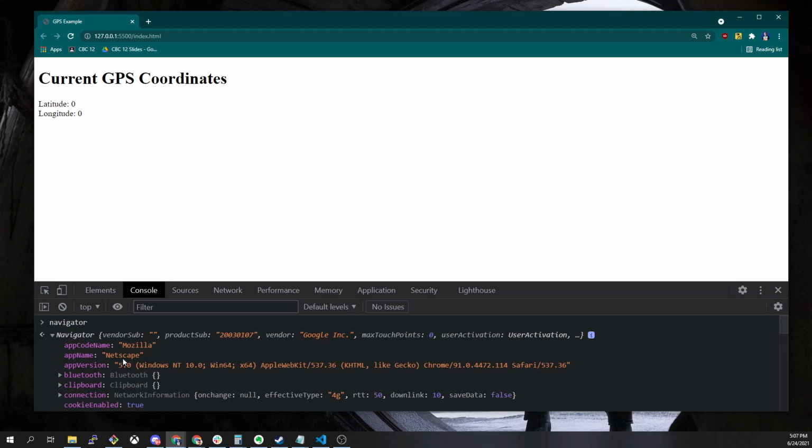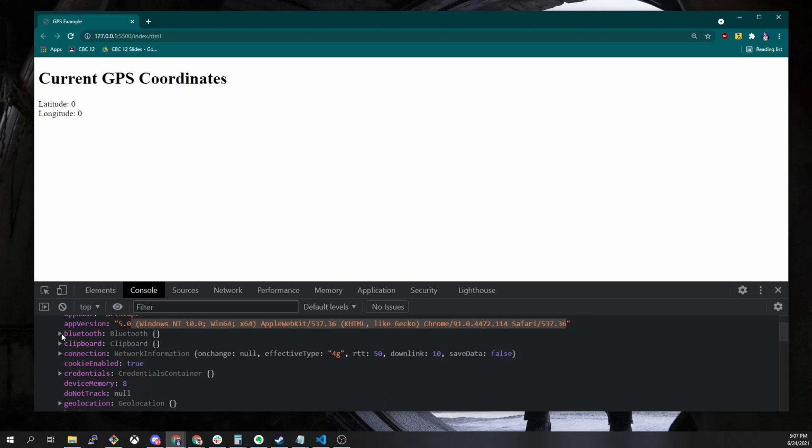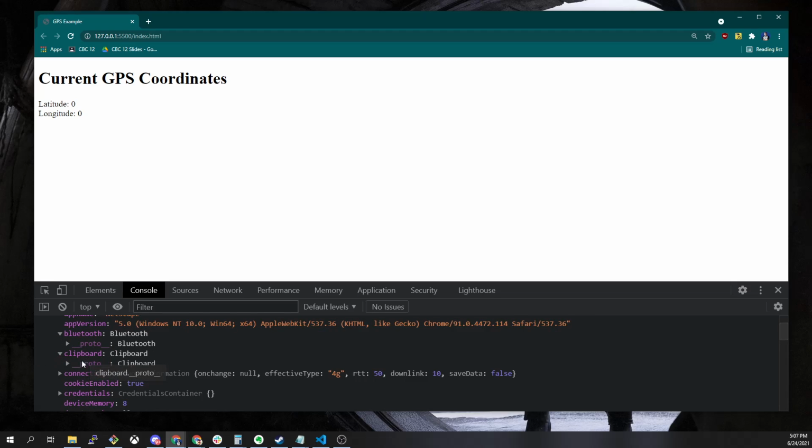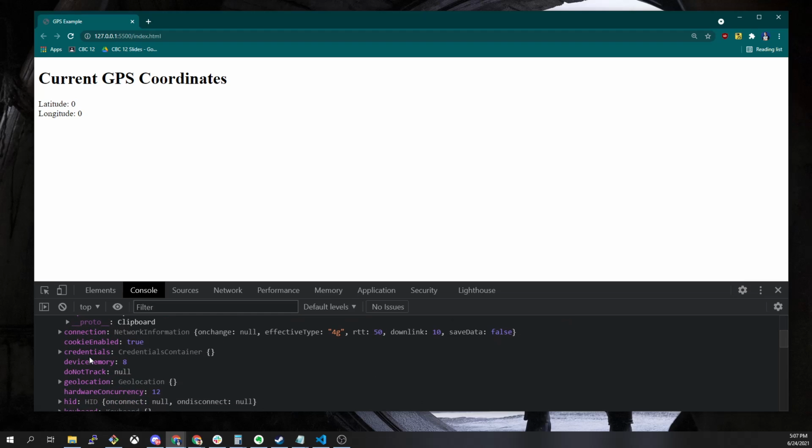So let's just take a look. You can see that behind the scenes, even though this is Google Chrome, our browser is identifying itself as Mozilla or Netscape, right? And this is the actual browser string that we're sending when we make requests to the servers. Other interesting things in here: we've got a Bluetooth object that does something. We have a clipboard object, which is probably what we would use when we copy and paste. We can see information about our network